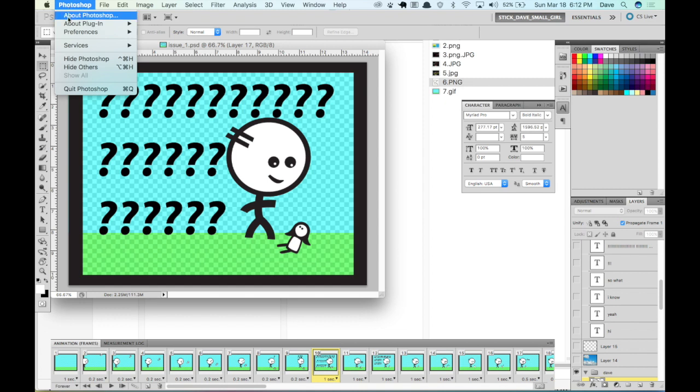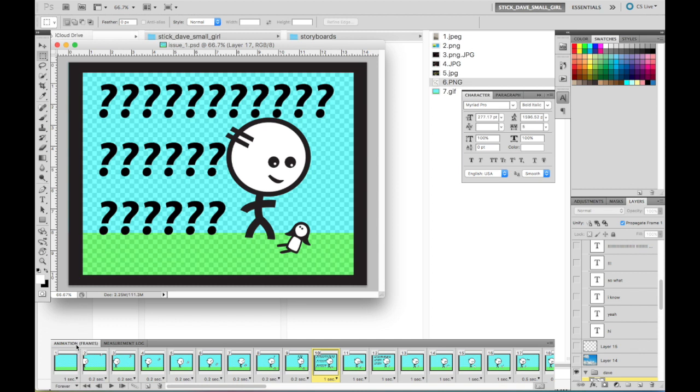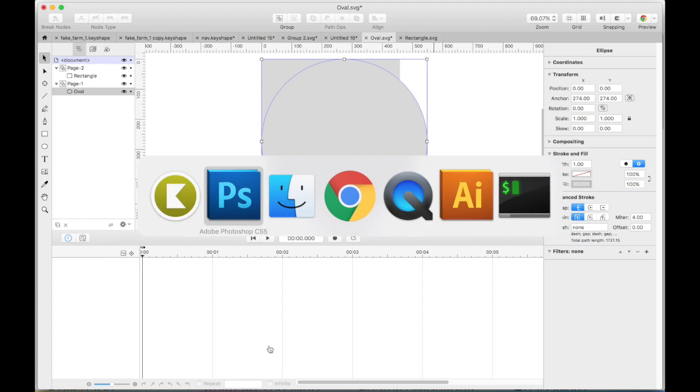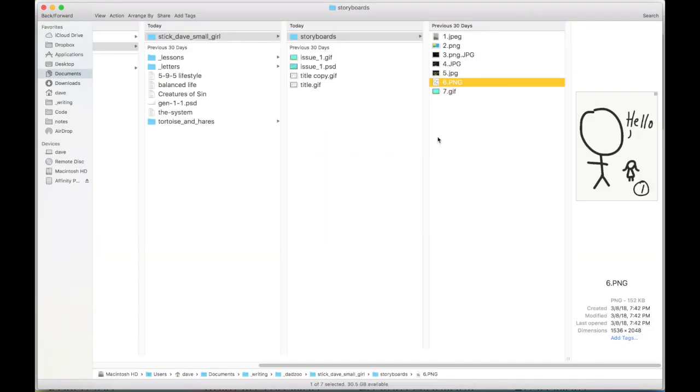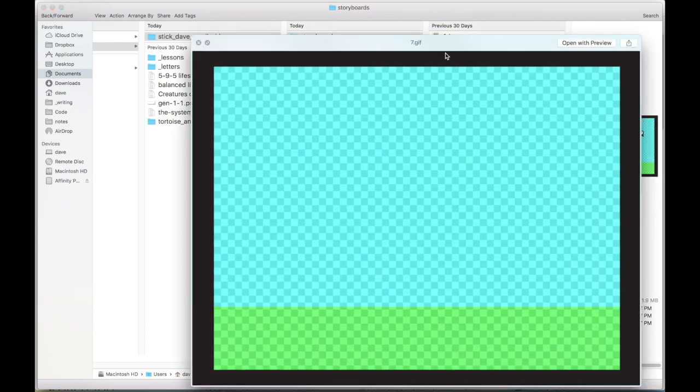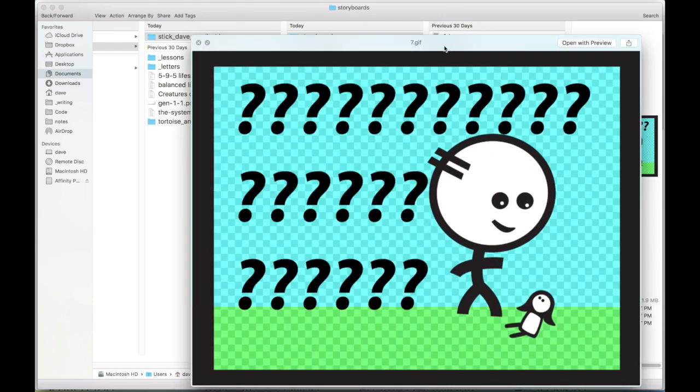So this is CS5, pre-CC. So I'm old school, but they have an animation tool down here. So I thought, okay, I used this a while ago, let me see if I can create Stickman and Little Girl. Oops. Can I create a comic? So this was the origin, and then we ended up making this as a comic right here.